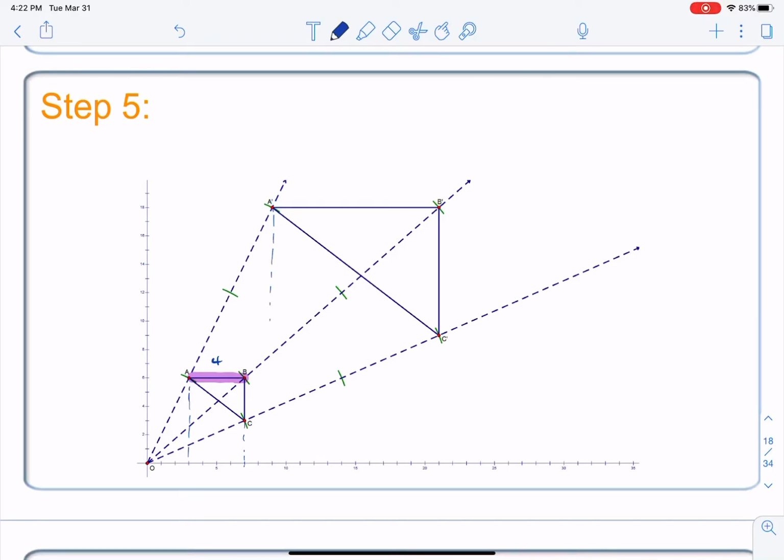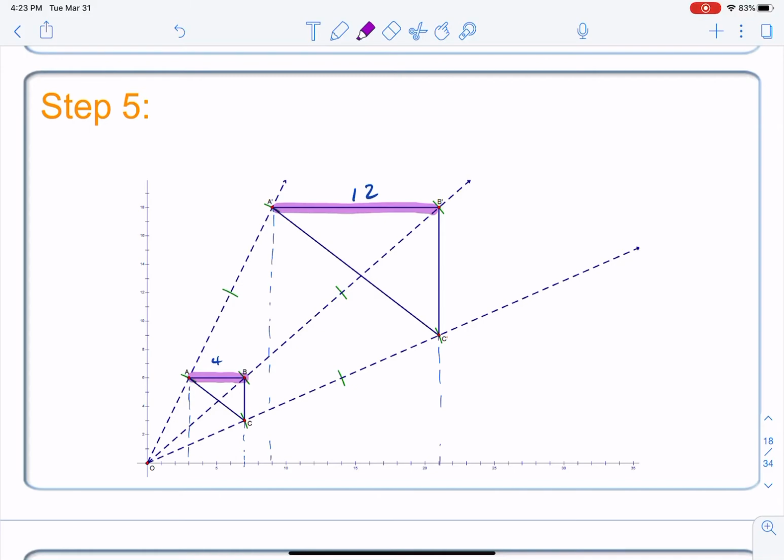So following this thing straight down, it looks like it hits at 9, and this one hits at 21. So 21 minus 9 should be 12. There's the corresponding side length there. Notice that the scale factor still comes into play: 4 times 3 is 12, and that side length from A prime to B prime is 3 times as